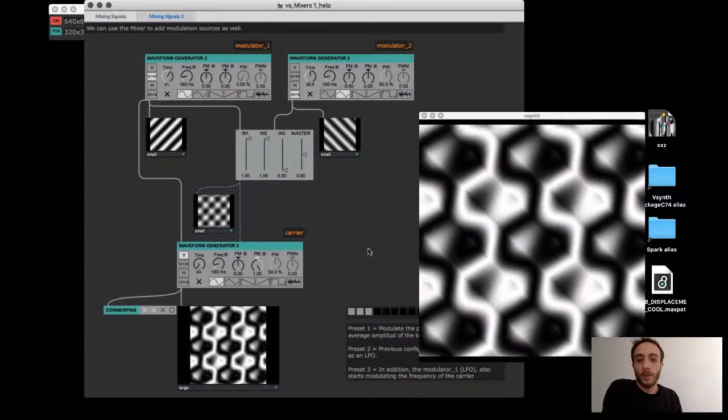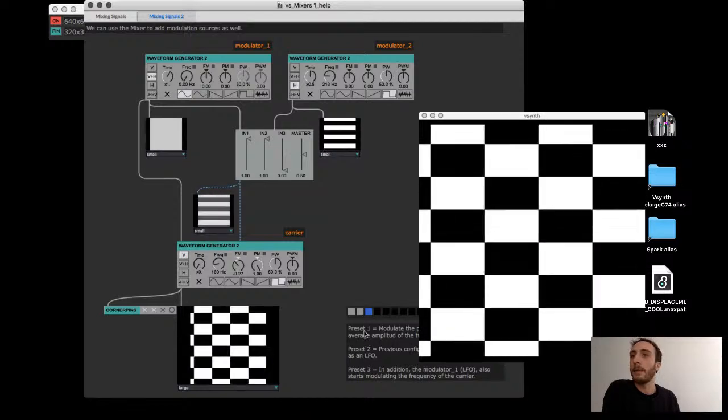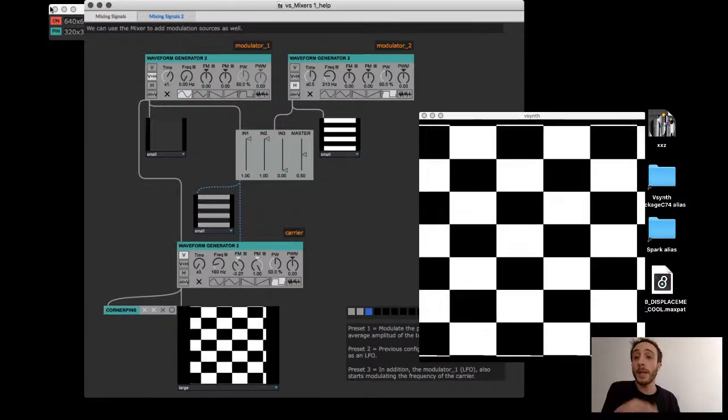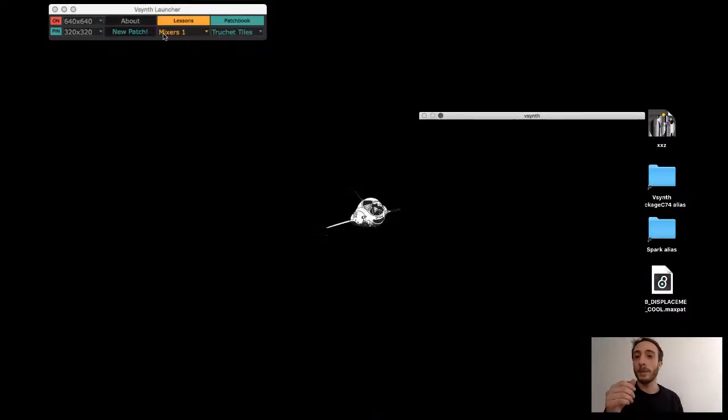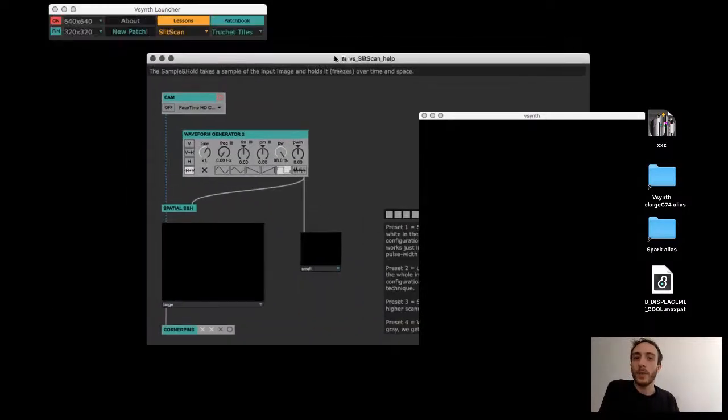There are a lot of lessons. Each of them has different tabs with different text and presets to get you through all the more than 80 modules. I'm just going to go through some more lessons just to show you. But basically what I've said, they are all unlockable, so you need to patch them in order to continue using these lessons. But for example, we can go to the slit scan tab, which actually